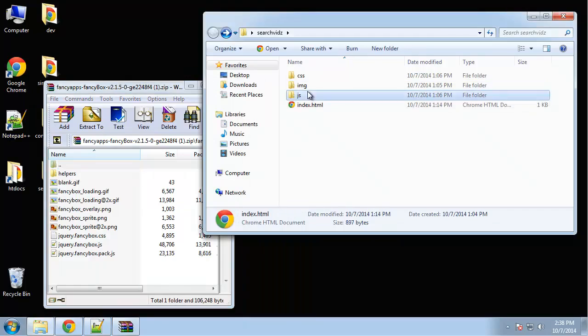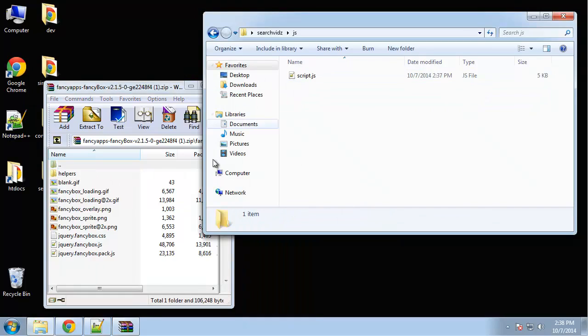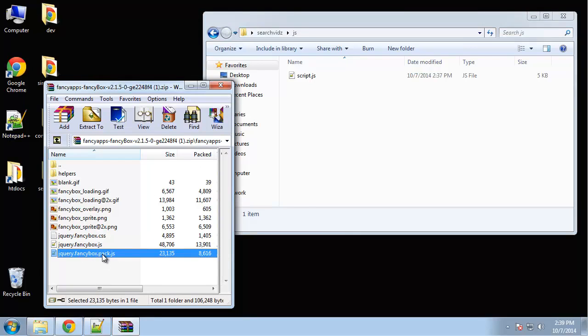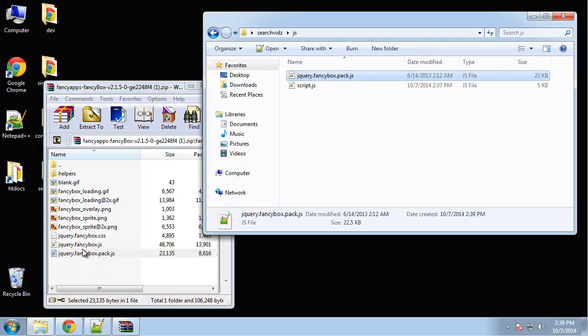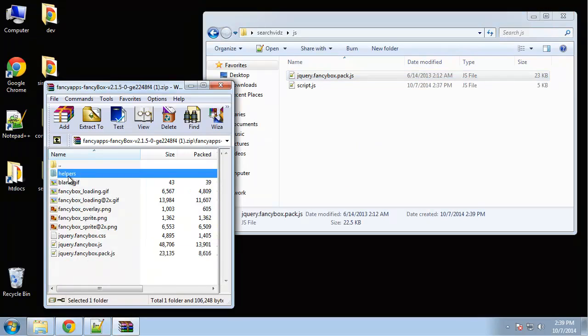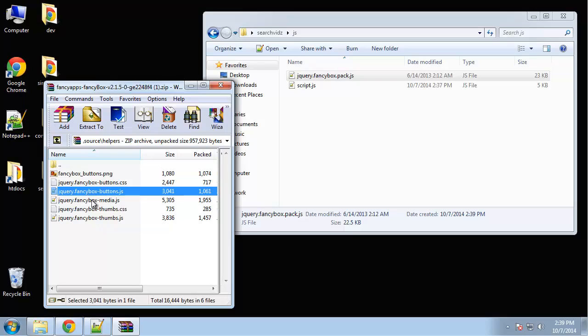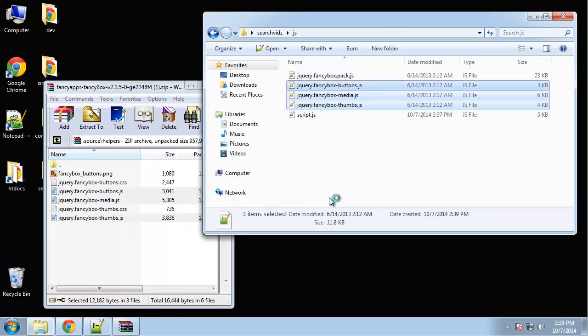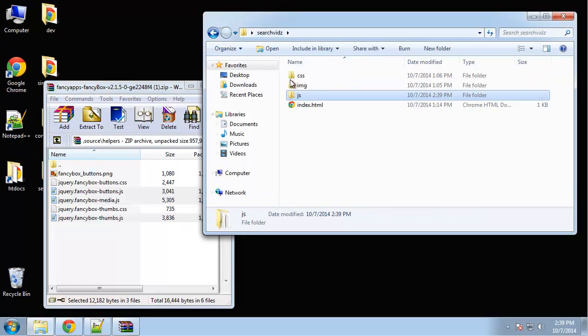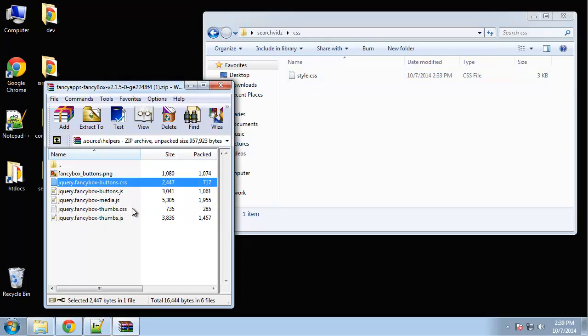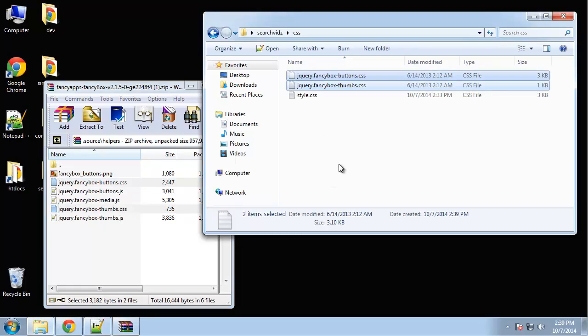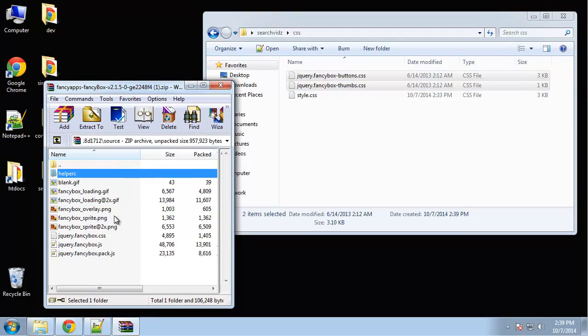Okay, so for the JavaScript folder, we want to bring over this Fancy Box pack. Okay, we want to bring that over. And then if we go into helpers, we want the buttons JavaScript, media, and thumbs JavaScript. Okay, bring those over. Now the CSS, we want to bring the buttons and thumbs CSS, and also this here,